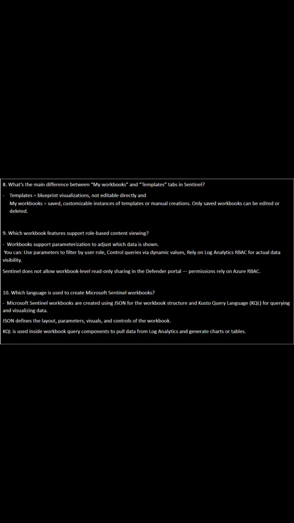Which workbook features support role-based content viewing? Workbooks support parameterization to adjust which data is shown. You can use parameters to filter